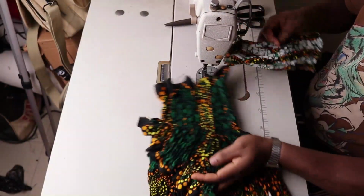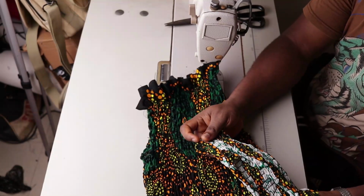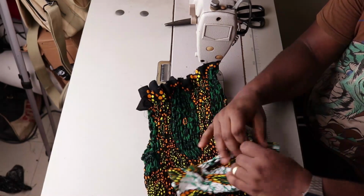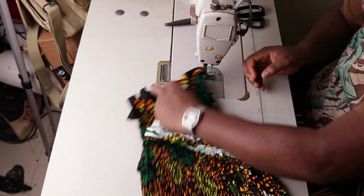Now what I'm going to do next is take my sleeve. My sleeve has also been turned to the right side. You can see my joining is on the inside. I'm going to come over to this part here,